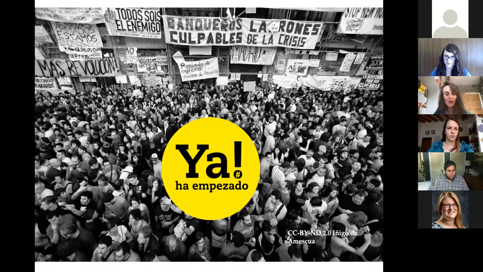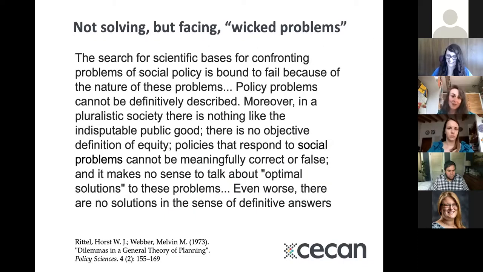But most importantly of all, this means that these systems are what we call normative. People in the systems have different values and they want different things. So that means that there's no such thing as a single optimum solution to a problem here, because people want different things, and we hopefully want to live in a democratic environment. So we're actually in the domain not just of complex systems problems, but what planners and social scientists call wicked problems. So these are problems that are characterized by multiple interactions, often trade-offs between key interests that people have.